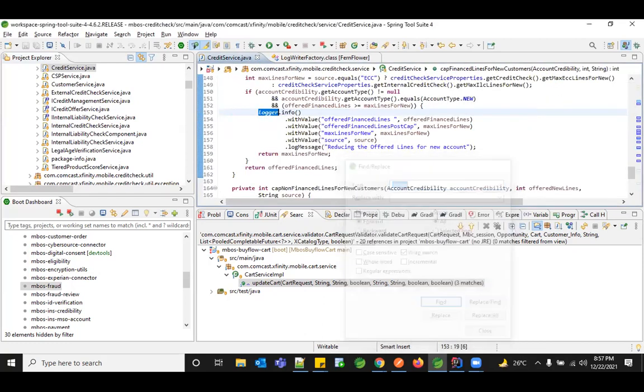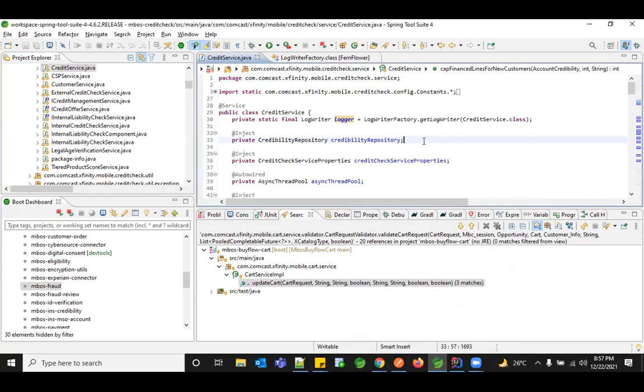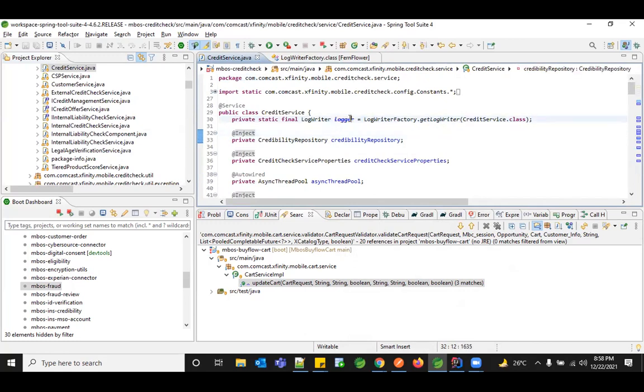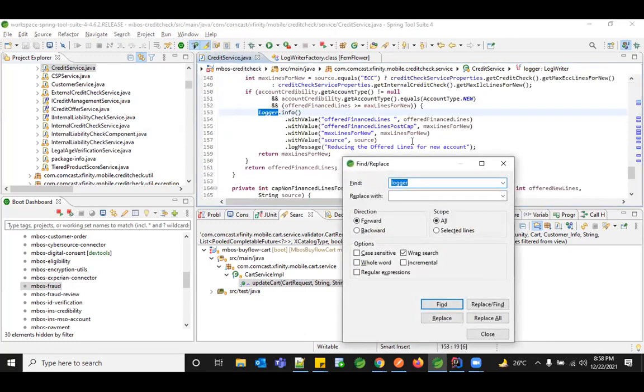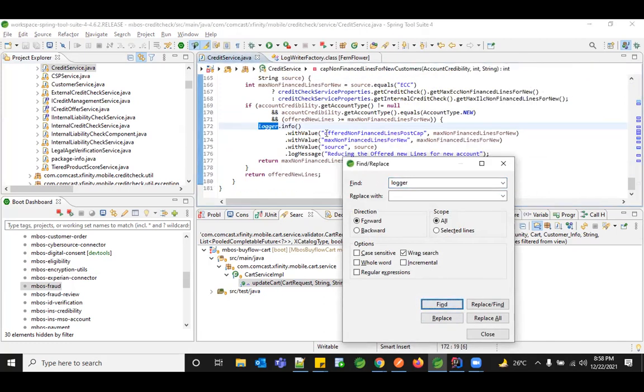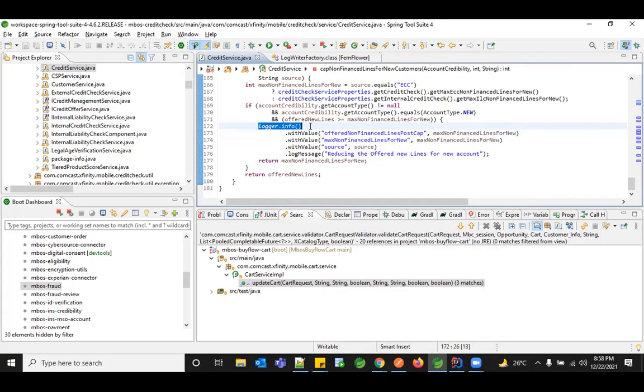So what is the purpose of having it like this? However many times you create your object, this would be static. Only one time your object is created, and wherever you use this, it'll work as you want. So here I'm printing some other data, and somewhere else I'm printing some other data. So basically this logger object will not be created multiple times.